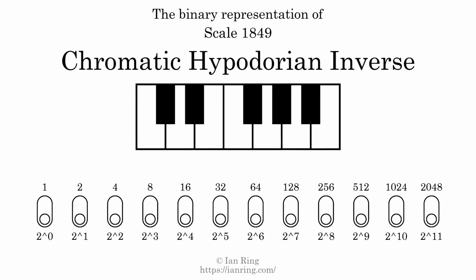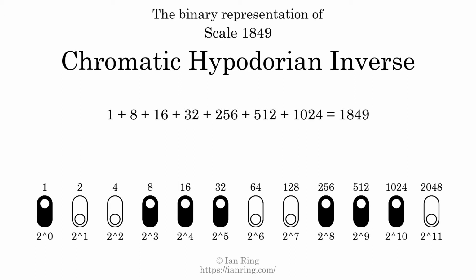The binary representation of this scale is determined by mapping tones of the scale to binary digits. Each binary digit represents a power of 2. To get the scale number, we add the powers of 2 together. The powers of 2 that are present in the scale, all added together, equals 1849. That is why the scale number, in decimal, is